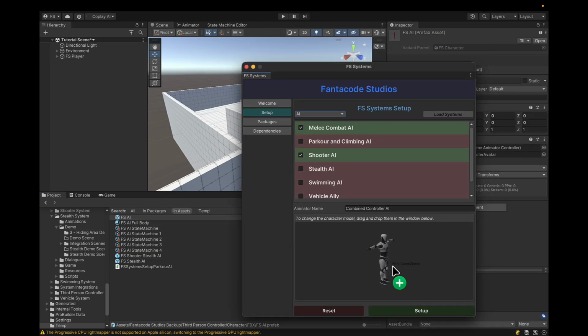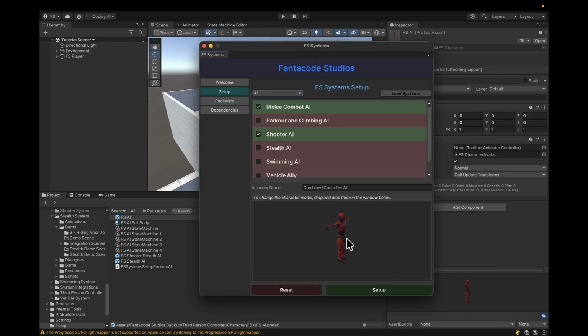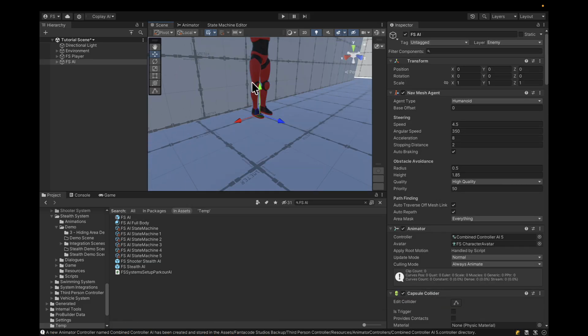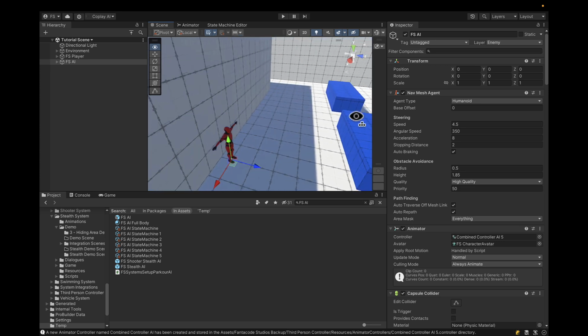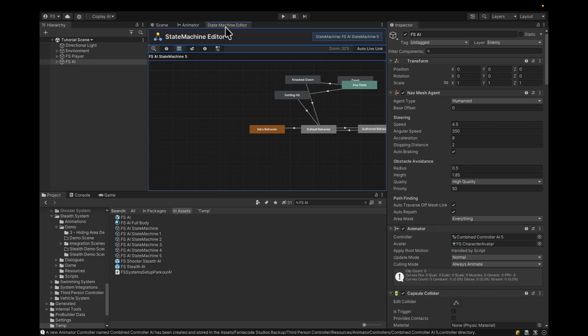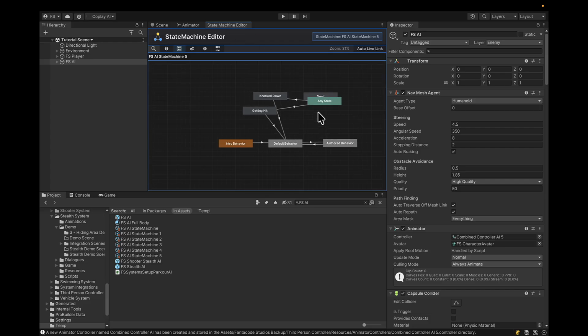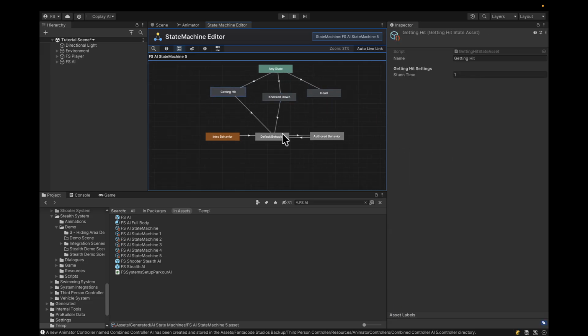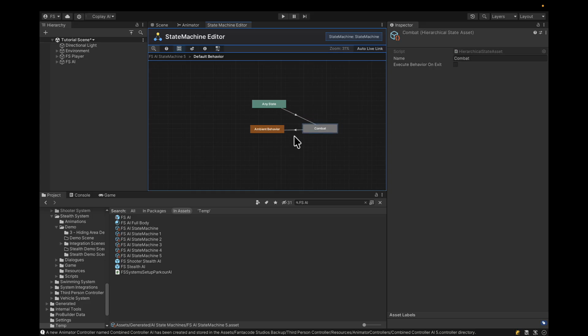Okay, so this is the character model I want to add. And I'll go ahead and create it. So what this will do is generate a new state machine with both melee and shooting functionalities. Let me just arrange this a little. And here, if I go inside default behavior in combat, you can see that we have both ranged and melee